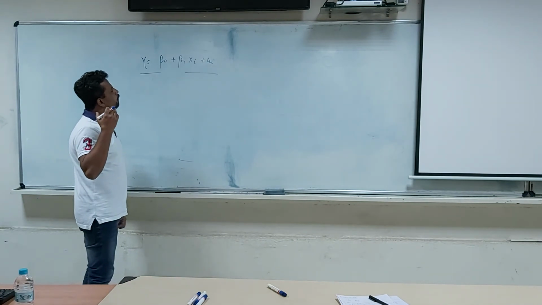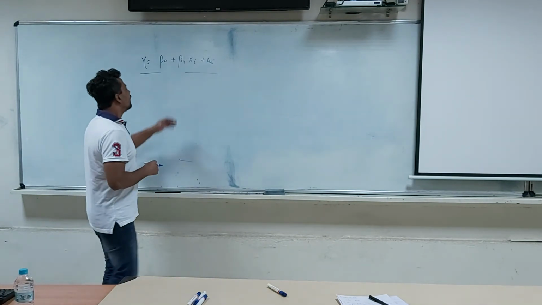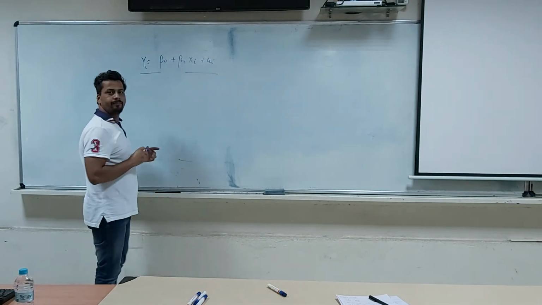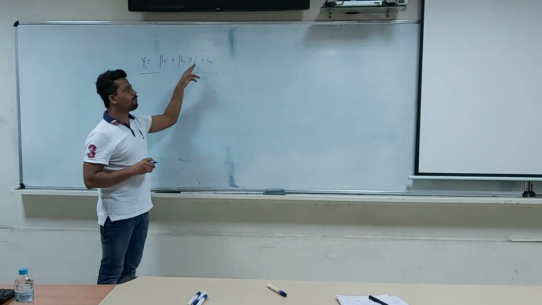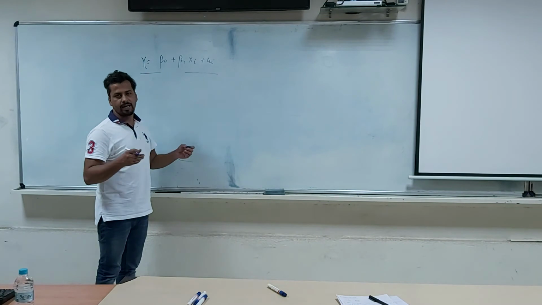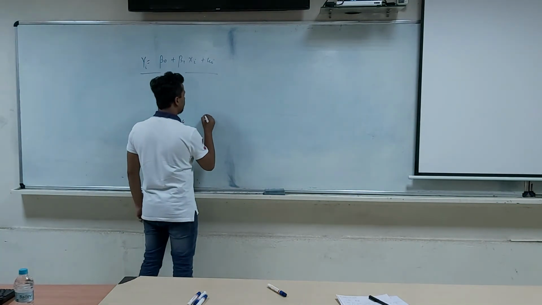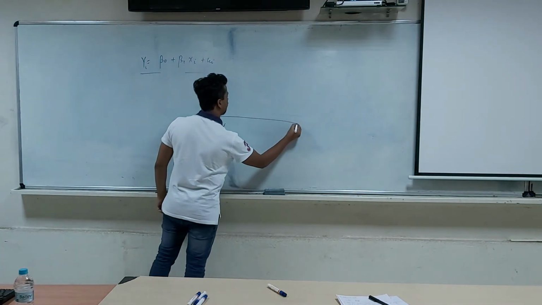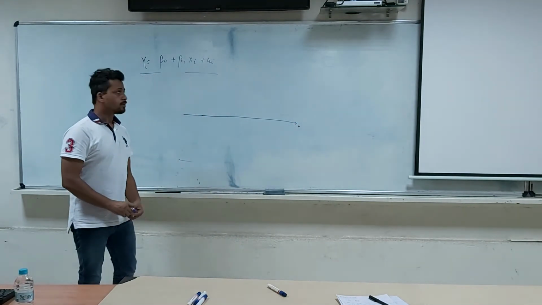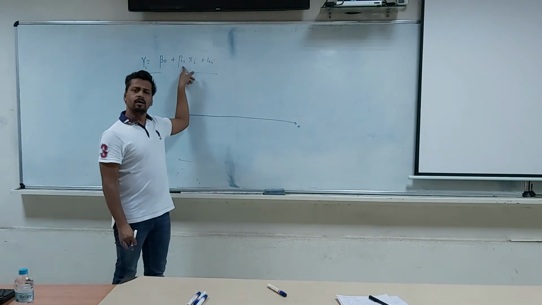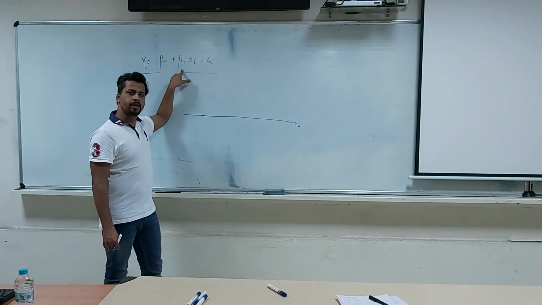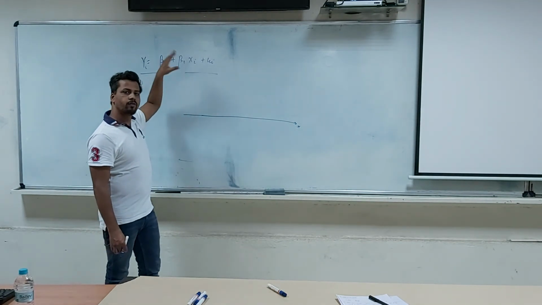Now, what does geometry tell me over here? You see, this beta naught plus beta 1 x i is nothing but a linear combination of this explanatory vector x. So if I denote, let's say this is my x, right? Depending on what value of beta 1, that is the estimate that you have for this unknown population parameter, which is assumed to be constant, but you don't know, so you try to estimate this.